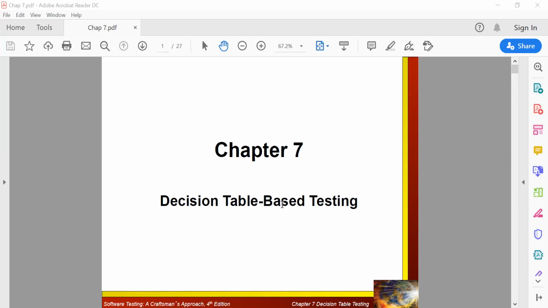With respect to whether the character entered is an uppercase letter or a lowercase letter, to check that we need the decision table approach. In this decision table we will have a tabular form, so we need to construct a table. In this table, four different divisions have been made. The first, that is the leftmost column, is called